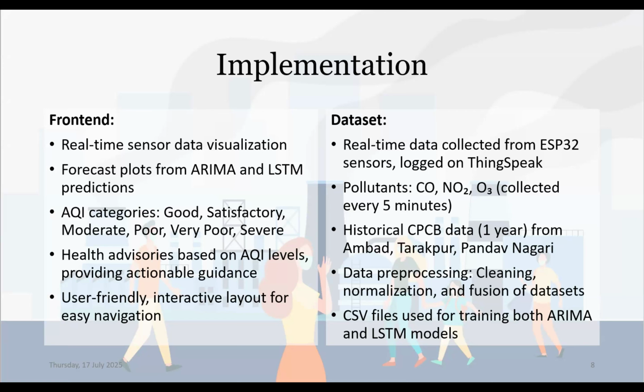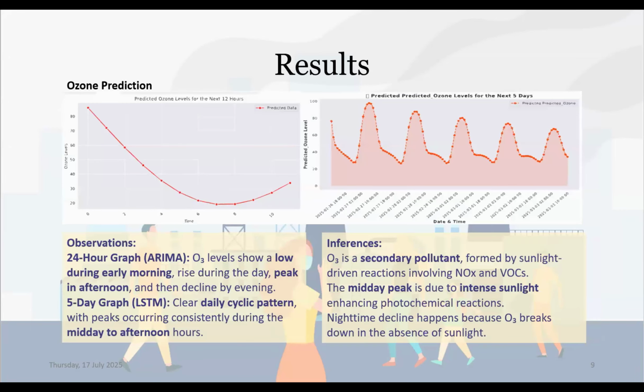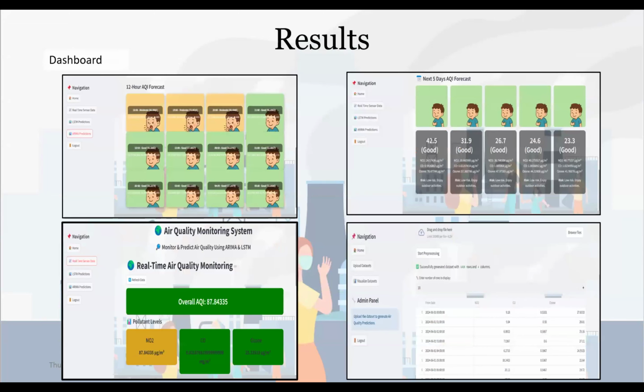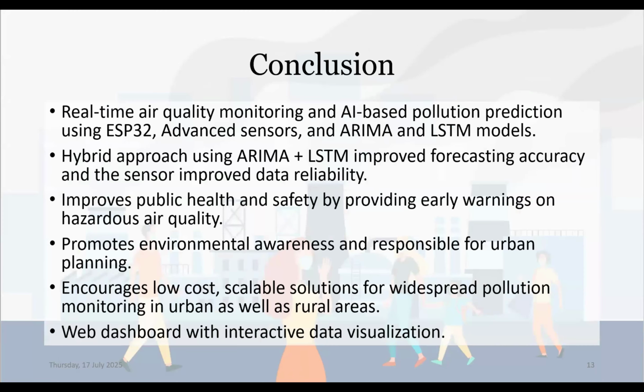Yes, ma'am. So these are the graphs obtained from the models for ozone, carbon monoxide, and nitrogen dioxide. Below are the observations and inferences. And these are the screenshots of our dashboard. So in conclusion, we have monitored real-time air quality of local regions and the